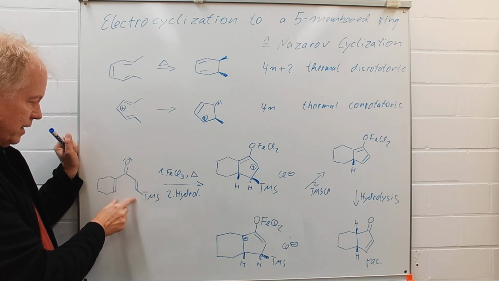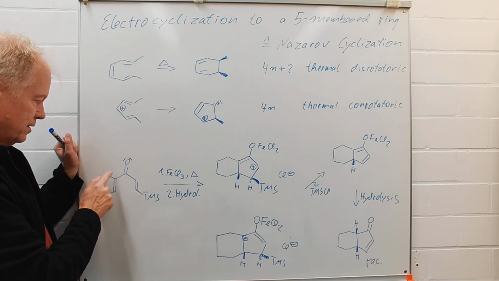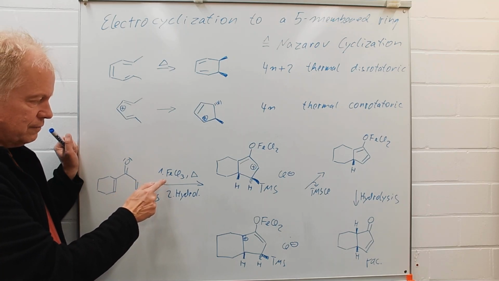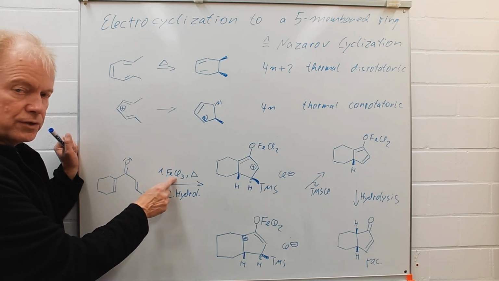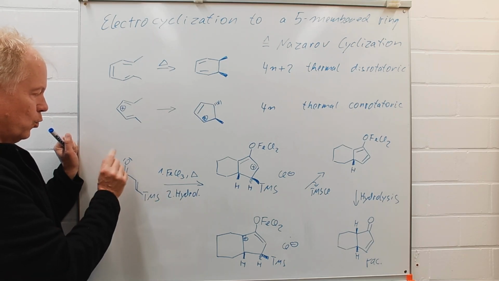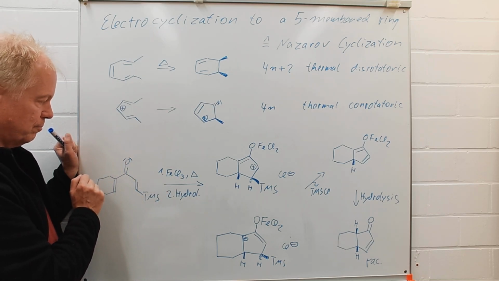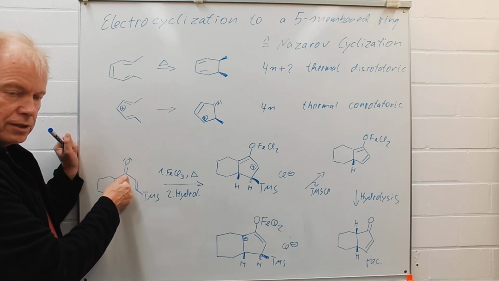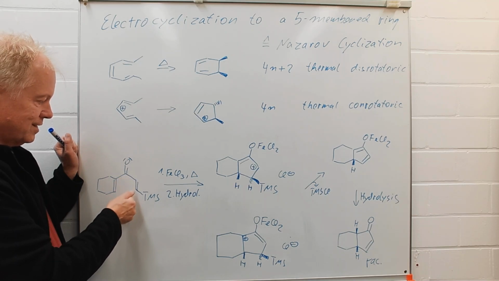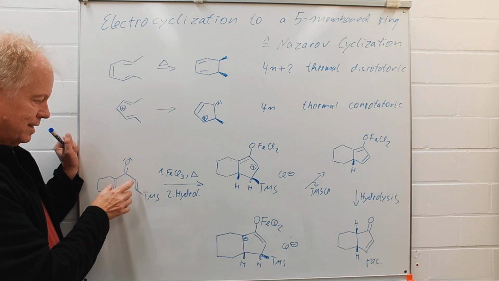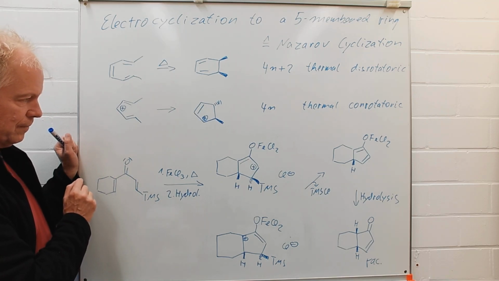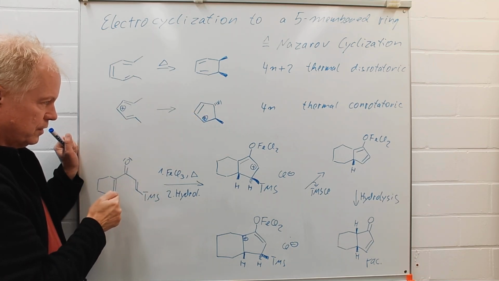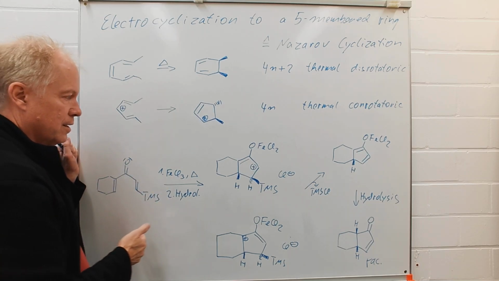So this one, we have a ketone that is doubly alpha, beta unsaturated, and if we treat that with iron chloride, then this Lewis acid will coordinate to the free electron pairs of that oxygen, inducing a cationic charge at this position, stabilized as double allylic, and then a cyclization according to this scheme will take place, leading us to such a